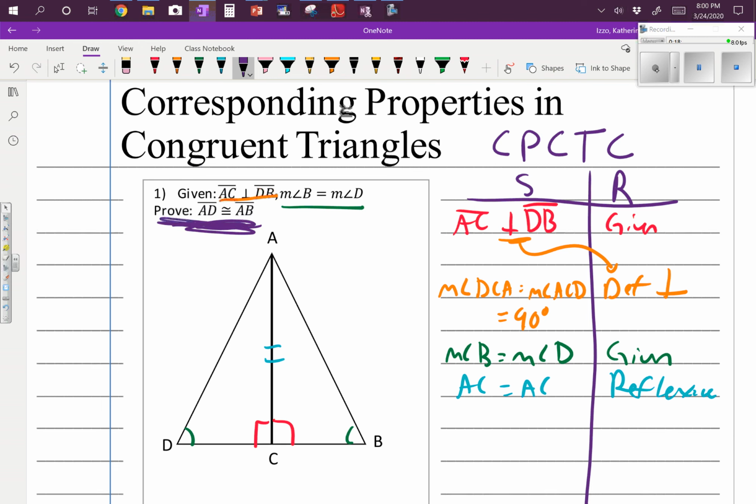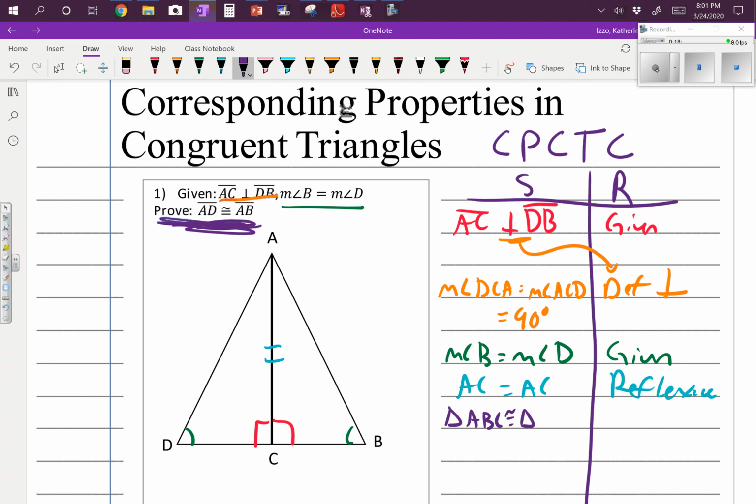Are we trying to prove the 2 triangles are congruent? We're trying to prove that AD is congruent to AB. We're trying to prove that those 2 sides are congruent. We're not trying to prove the 2 triangles are congruent. But we can. And that's what corresponding parts in congruent triangles is all about. First step is to prove the 2 triangles are congruent. So triangle ABC is congruent to triangle